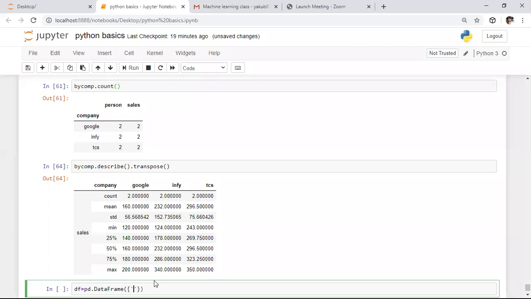Here in the first key, I'm saying column one. In column one, I want to keep some values randomly. I want to specify those values in a list: 1, 2, 3, 4. So these are the values corresponding to key one, sorry, column one. After that we need to define column two. Here I'm specifying a few more values. We need to specify all these values in a list, right?